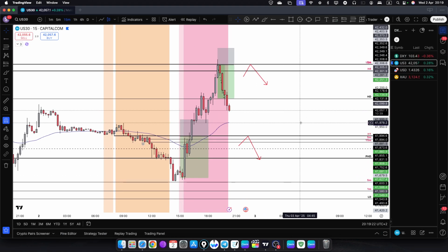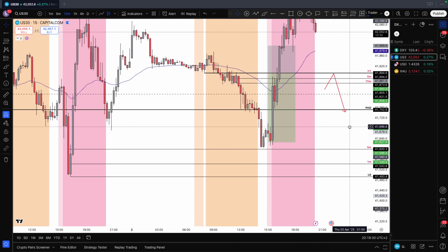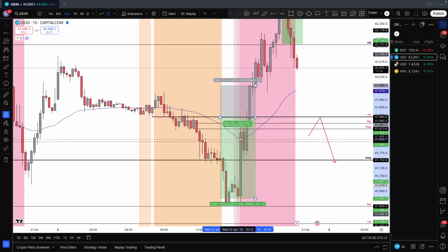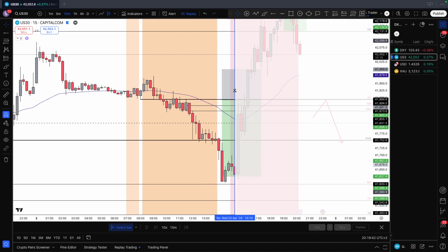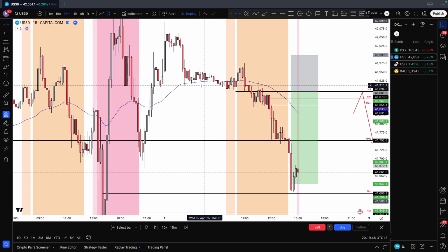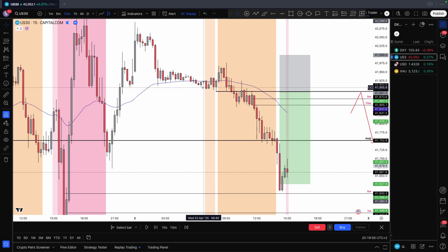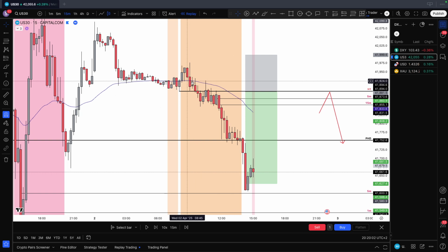I want to just make a short recap about the last trade as I've shared with everyone. So as you guys can simply see here, I personally had this area on my list for today, and let's have a look. During this Asian session we had a range. Price has been just going sideways, and we had a break of structure around this zone, which turned it bearish. It was a very choppy trend,